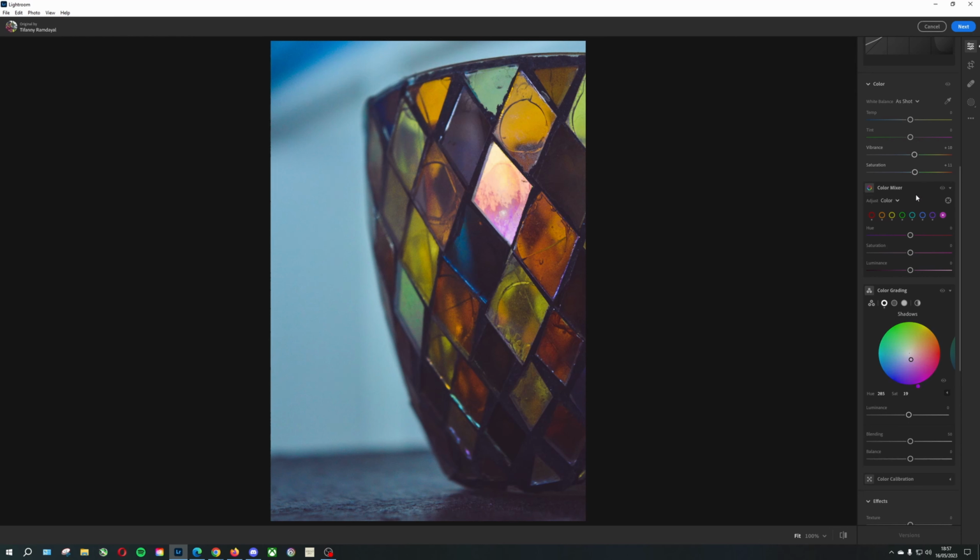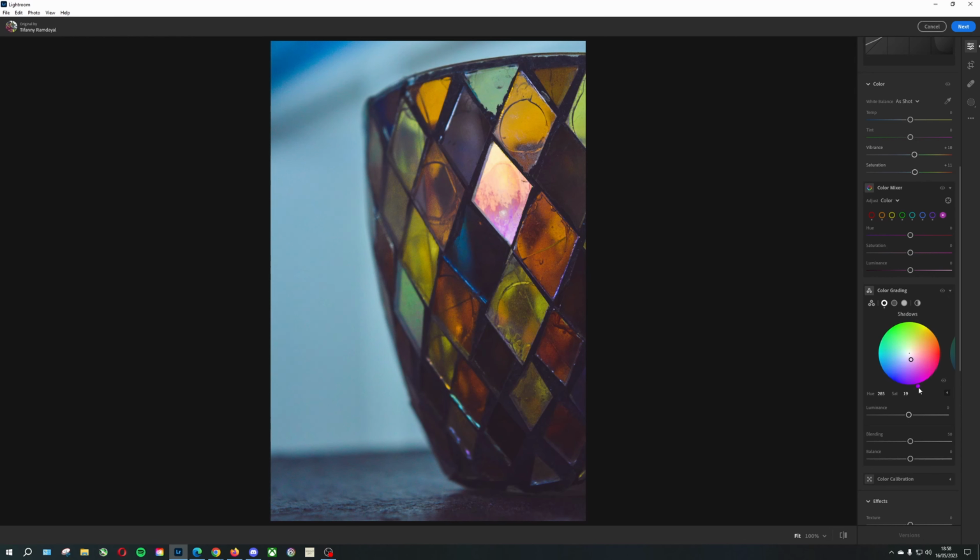Oh, I actually forgot to show you. On the color mixer, or in any of these panels, when you make changes, if you click and hold down the eye, it will remove the changes you made. So now this is without the changes, with the changes, and I think that's made quite a nice difference. I like how these segments are looking like they're illuminated from behind. And now on the color grading,